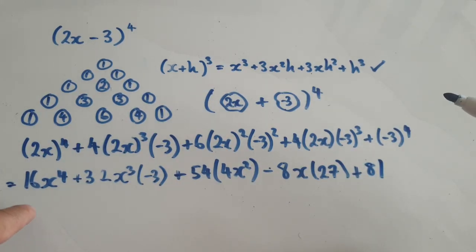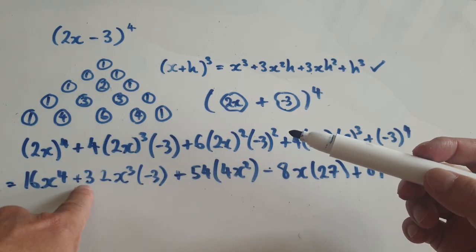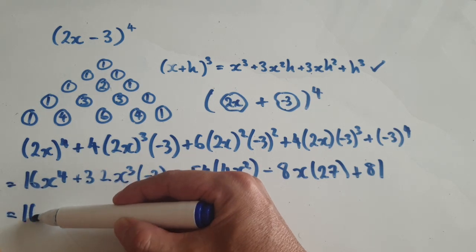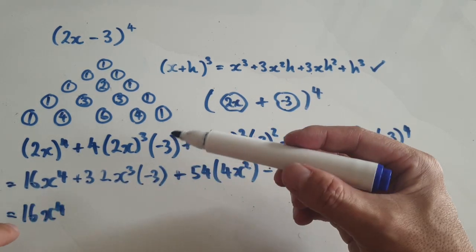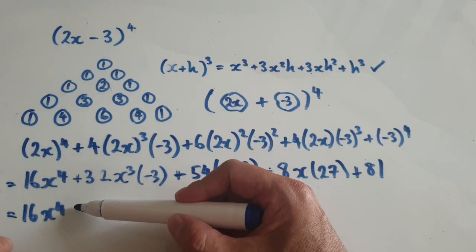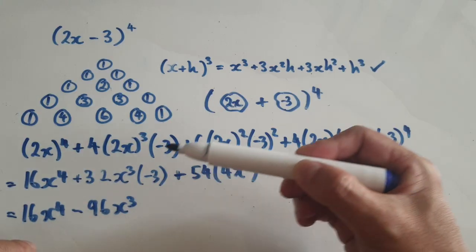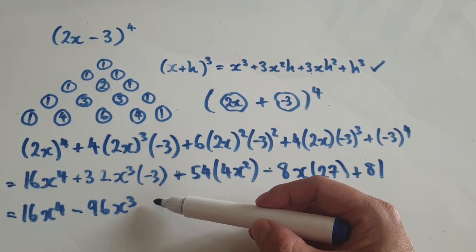So now let's merge these two together. So this will be a negative. So hang on, equals 16x to the power of 4. Merging these two together would be 96. So it would be negative 96x to the power of 3. And 4 times this thing here would be